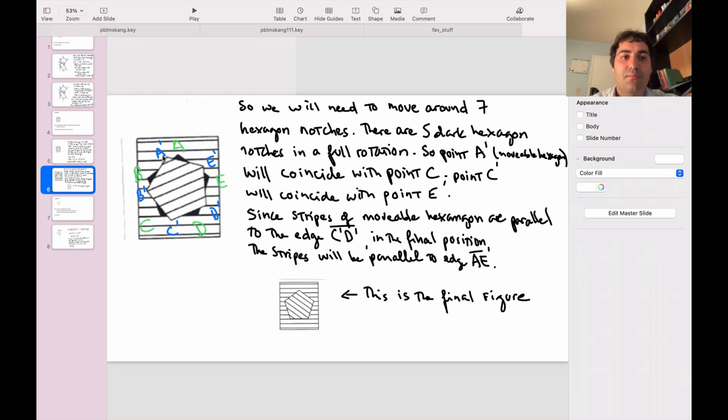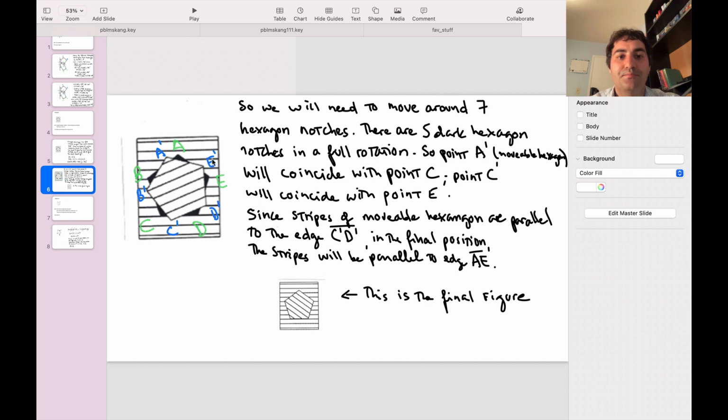So point A prime is going to end up at C after doing these 7 rotations, right? And point C prime is going to go to point